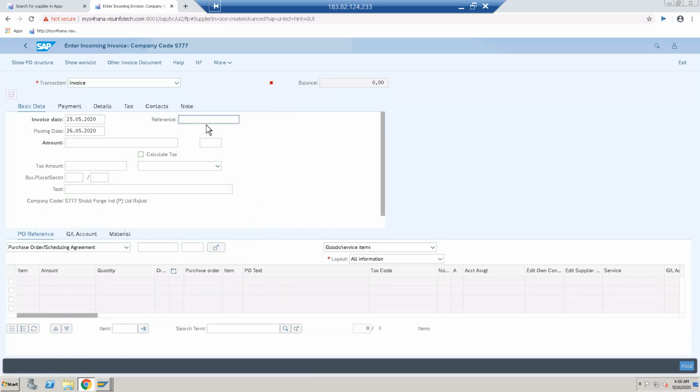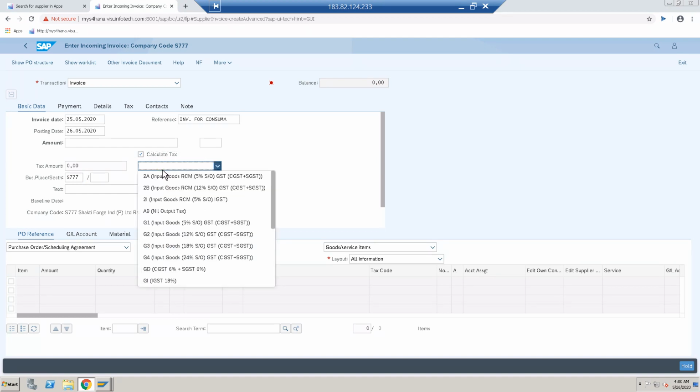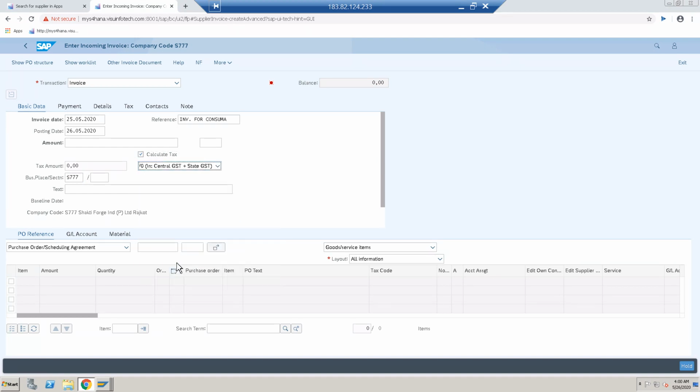And reference of this invoice. So invoice for consumables. Like that you can enter reference of this invoice verification. Enter your business place, then tick mark, click on calculate tax and enter your tax code.